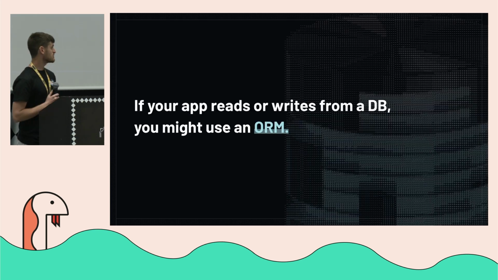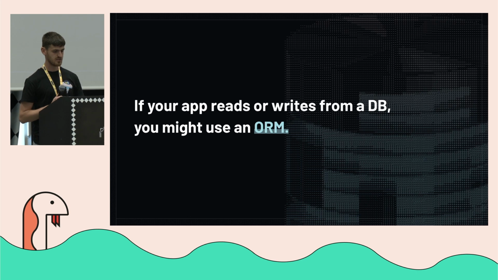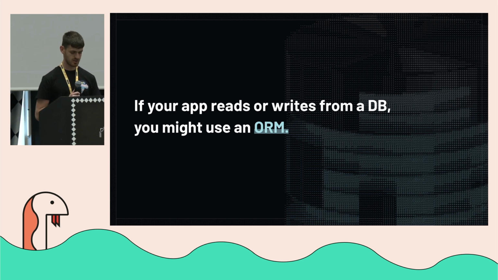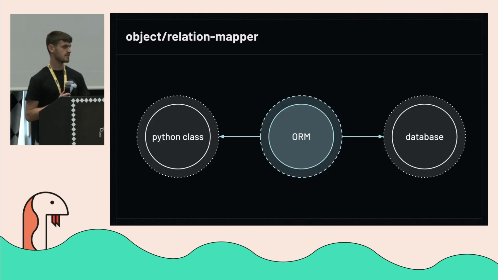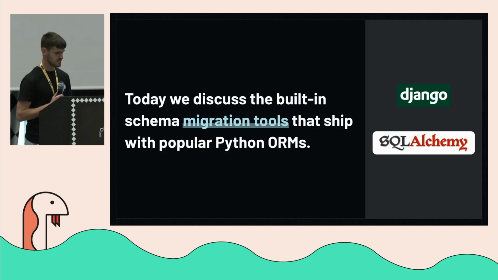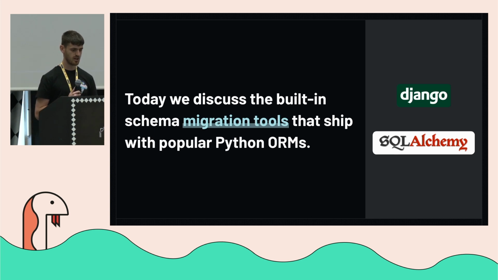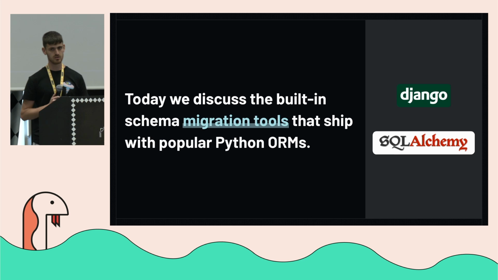Okay, so today's talk is about ORMs. If your app reads or writes from a database, then you might use one. ORMs, object relational mappers, are the component of your application that maps between your Python classes and your database schemas, queries and statements. Its goal is to provide an abstraction for your database to let you interact with it in your Python code. And while there's a lot to discuss regarding ORMs, like how they work or whether you should use them in your application or not,